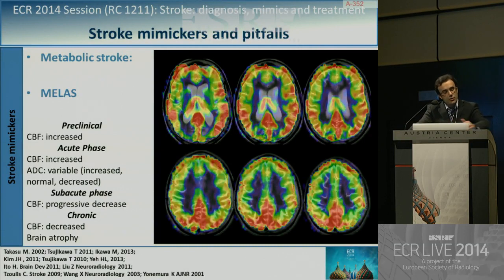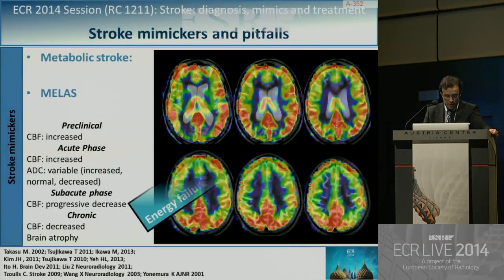So the MELAS will actually evolve into 4 phases. In the preclinical phase, we will have an increased CBF due to the metabolic abnormality that you have. Then you may have structural changes, and those are going to be detected by diffusion-weighted imaging, and you can have everything. You can have restricted diffusion, or you can have cytotoxic and vasogenic edema. On the subacute phase, the CBF will start to decrease,